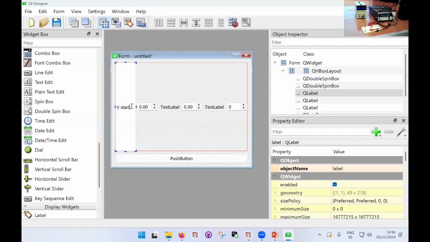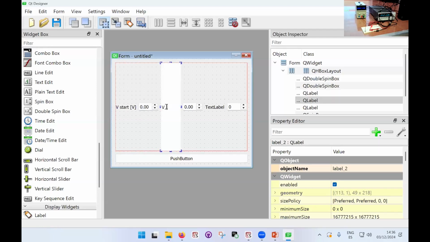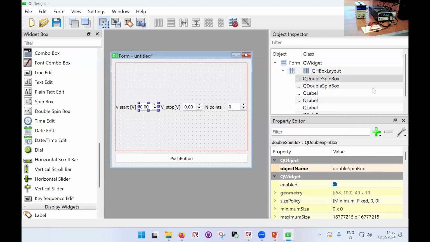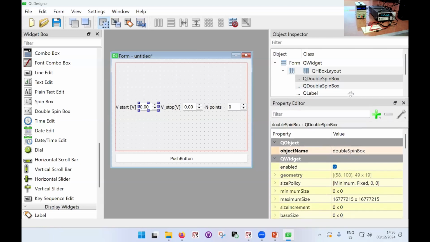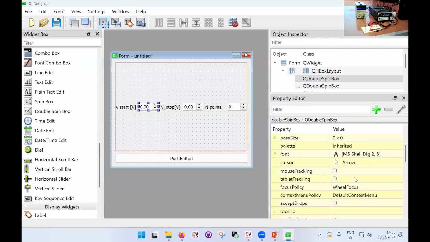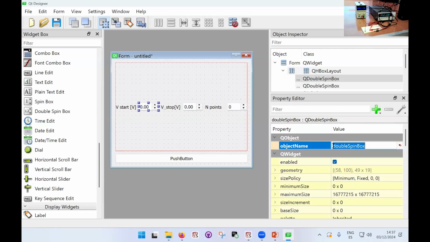So this will be the start in volts, the stop in volts, and points. So these now I have to assign a certain set of values that they can take. So let's see if I can separate it. So this, first of all, I'm going to rename. So I'm going to call this